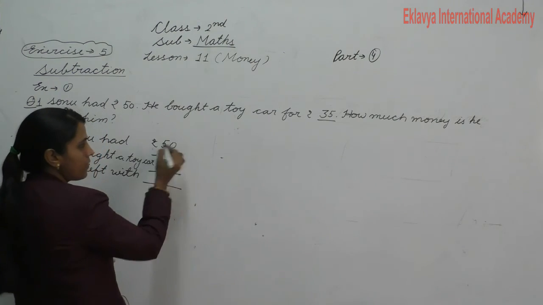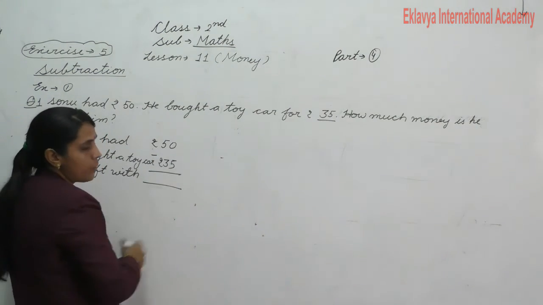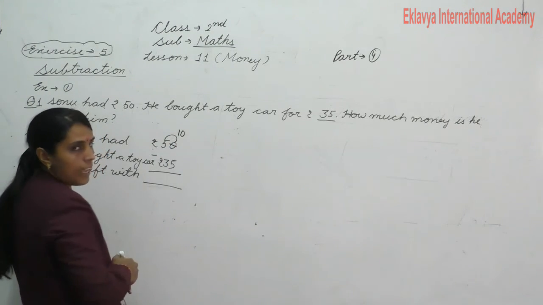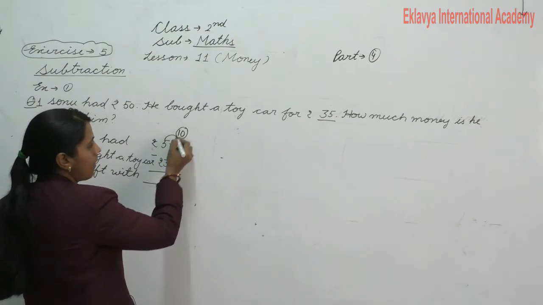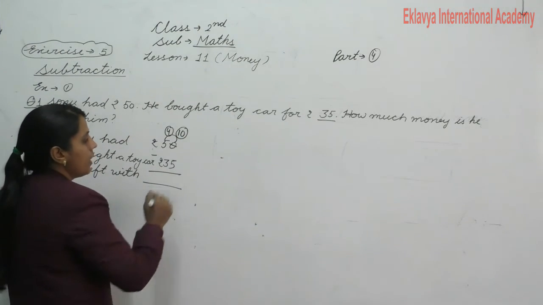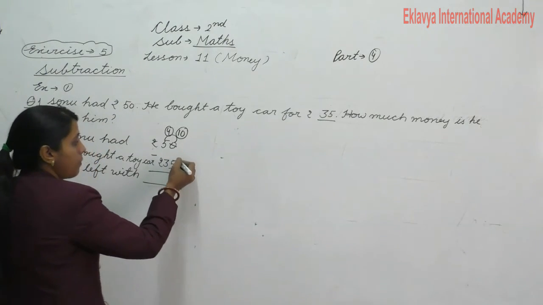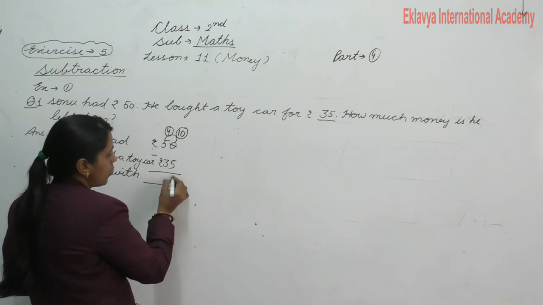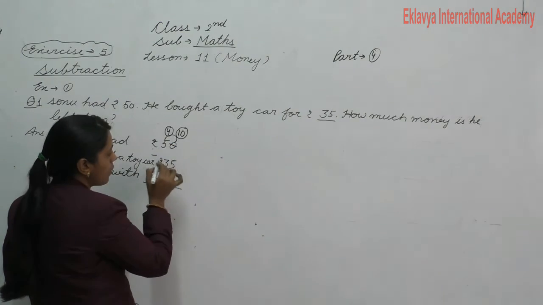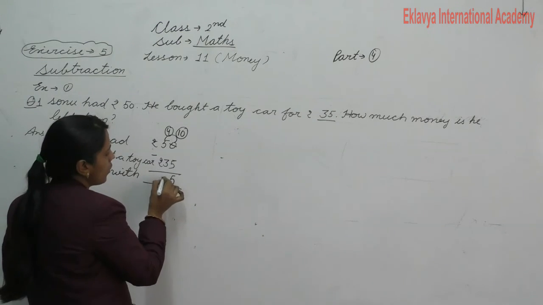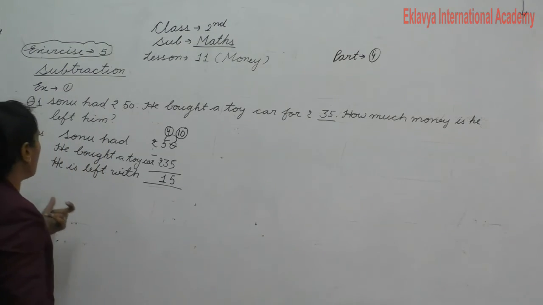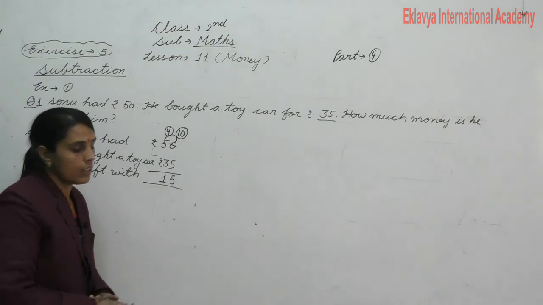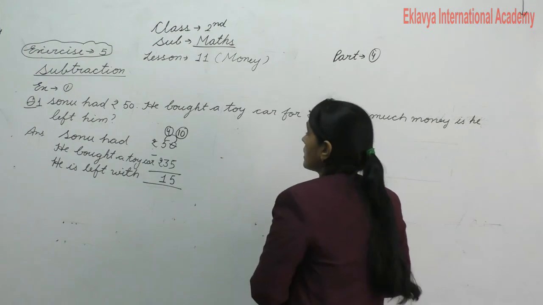You have 0 rupees and you want to spend 5 rupees. Can you spend? No. In this condition we will go near the neighbor. The neighbor has 10 rupees, so we will take one borrow from the neighbor. You have 10 rupees and the neighbor has 4 rupees. If we spend 5 rupees from 10, you can spend easily. If we cut 5 from 10, you have 5. And here, if you want to spend 3 rupees from 4, you have 1. So now he is left with how many rupees, beta? 15 rupees. Okay, clear? So beta, you have to do practice in your notebook.